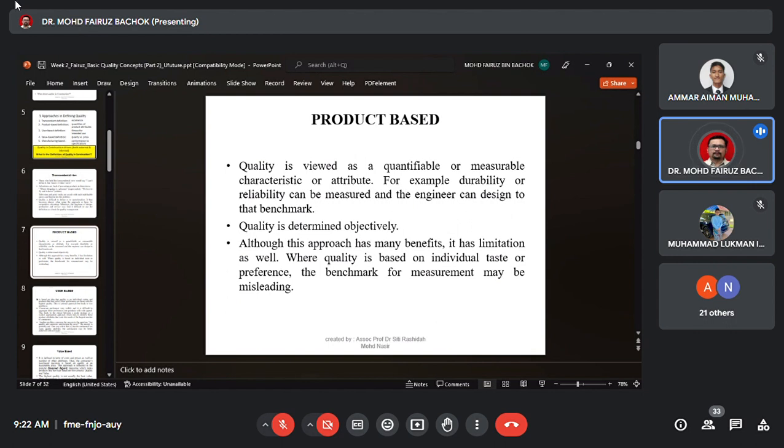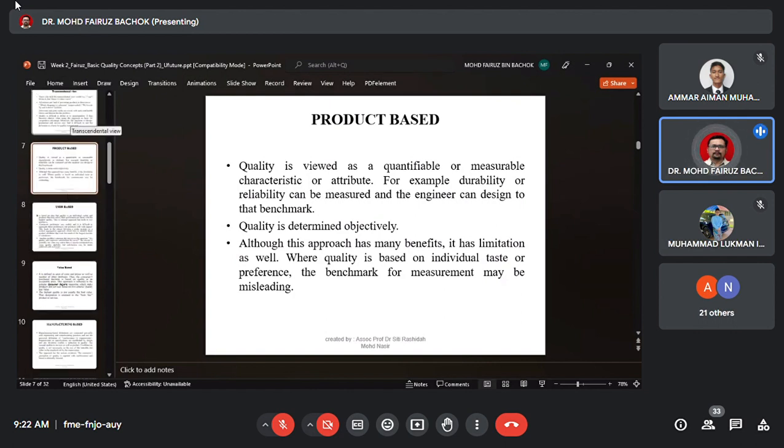If you are going to choose your product as a product base, you work on your product as a product base. Okay, but it still has a benefit, because they will know, if you compare with another product by looking at the attributes, which product has more quality than the other products, and that benefits the customer. But the problem again is that the definition is different from one customer to another. So that is product base and push.